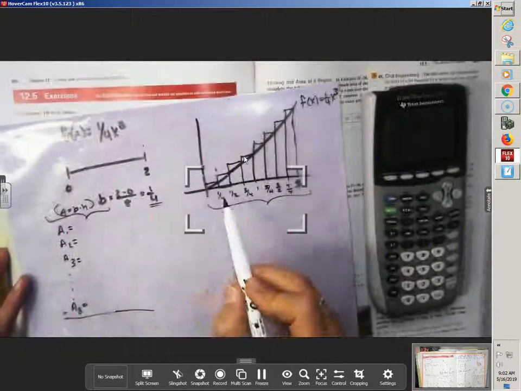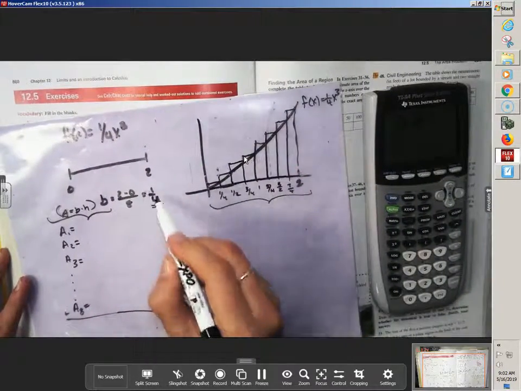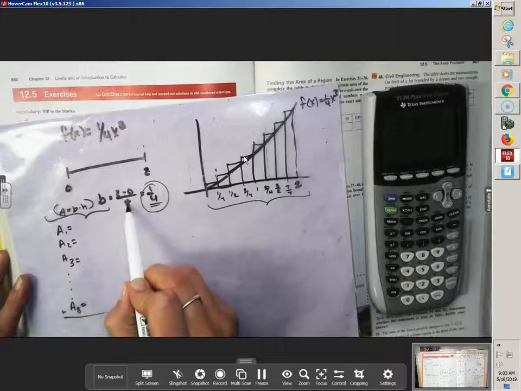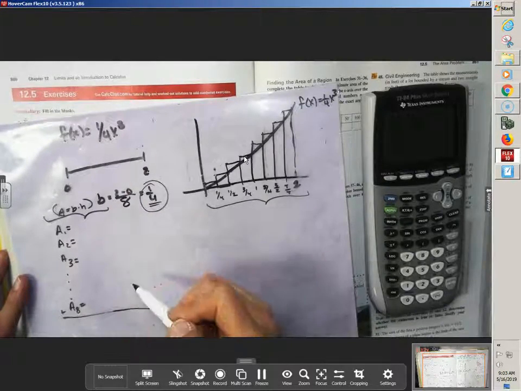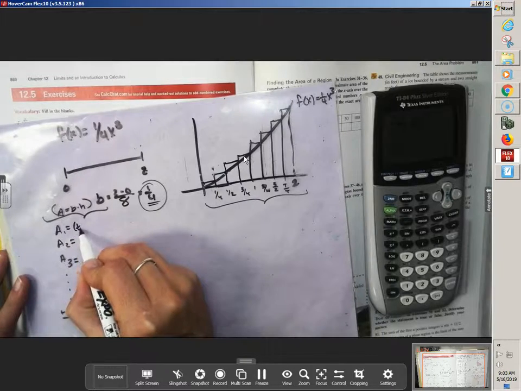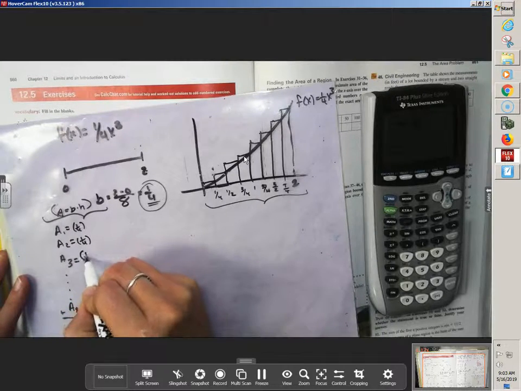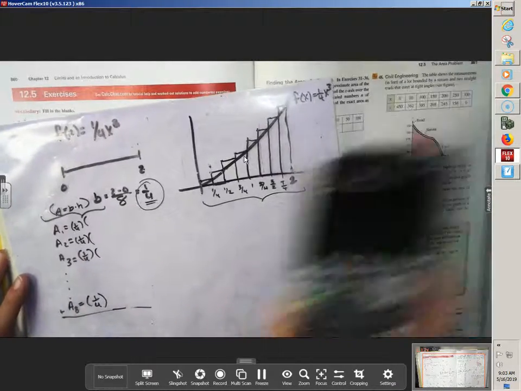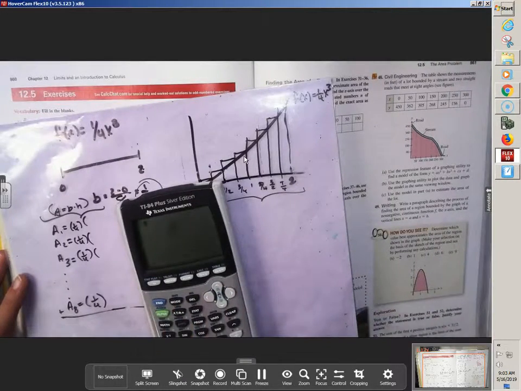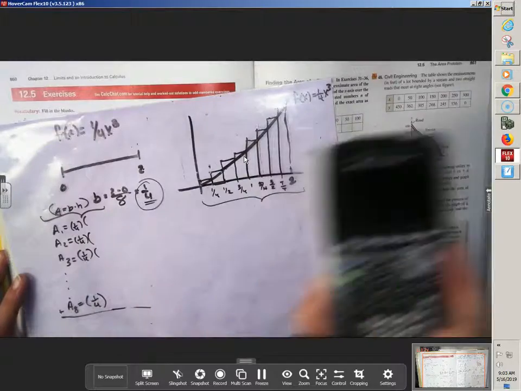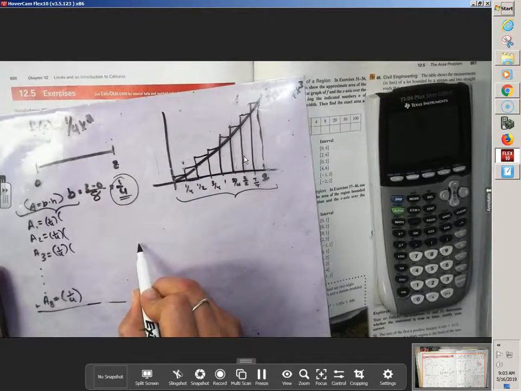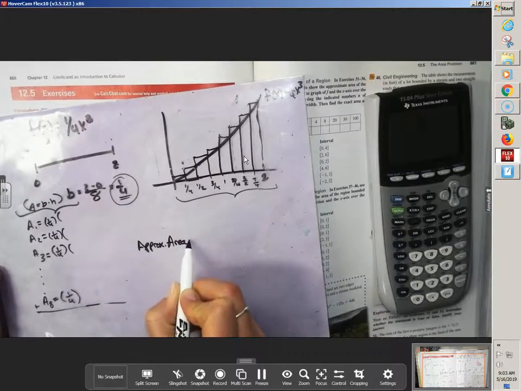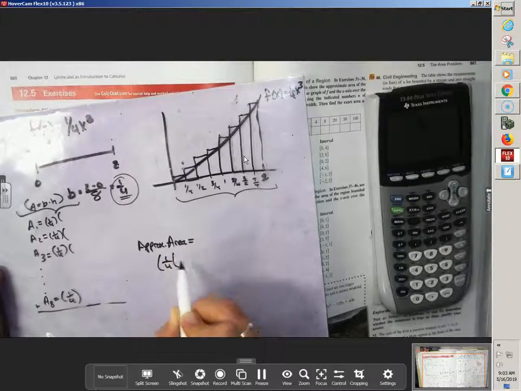So what are the bases going to be for every single one? 1/4. So you can always do your b minus your a, your 2 minus your 0, and cut it into n rectangles, however many they tell us, which they told us 8. So I can say, wait, if all of these are 1/4, isn't there going to be a common factor of 1/4 for all of them? Oh, okay, so maybe back here in my home screen, maybe right now I could say, well, 1/4 is going to be times a huge long string of, well, other things. So right now I know that my area, or my approximate area, that's technically what we're doing, is going to equal 1/4 times, now,